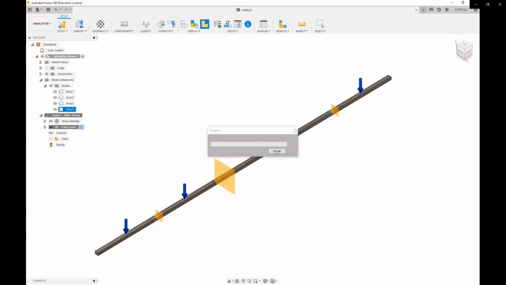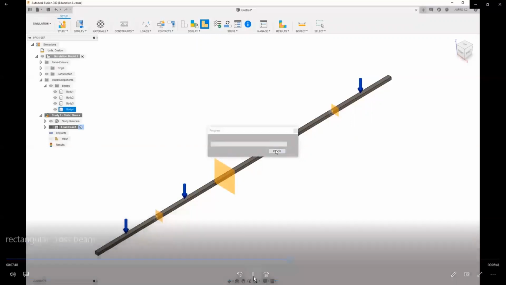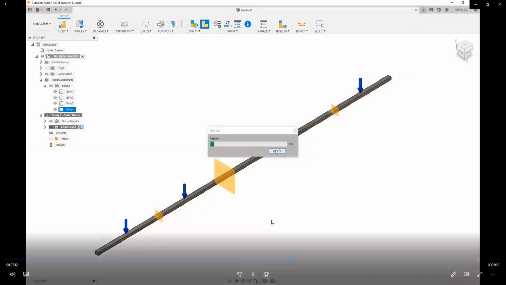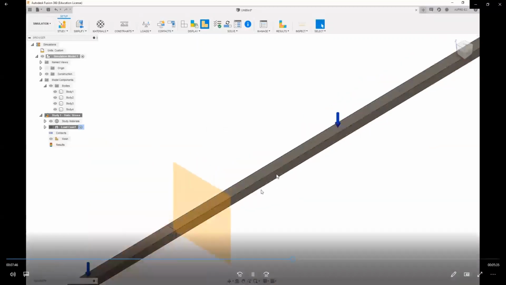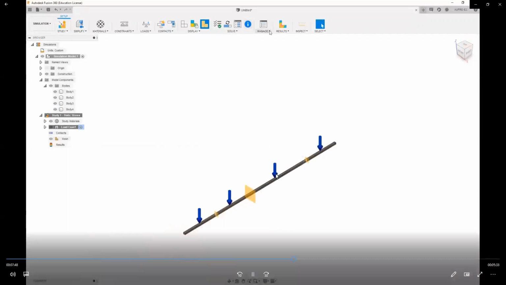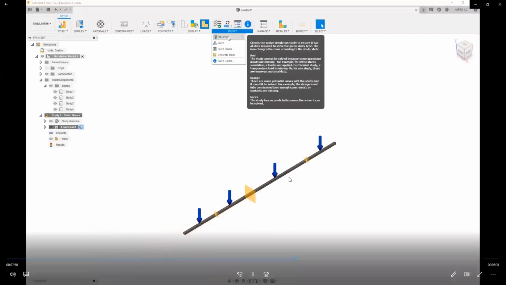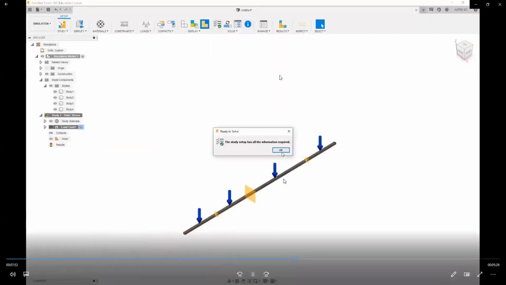By using the contact option, we will make contacts between the first and second component, and the second and third component. So I think we will be doing the dry mesh, the normal mesh. This view has been represented.